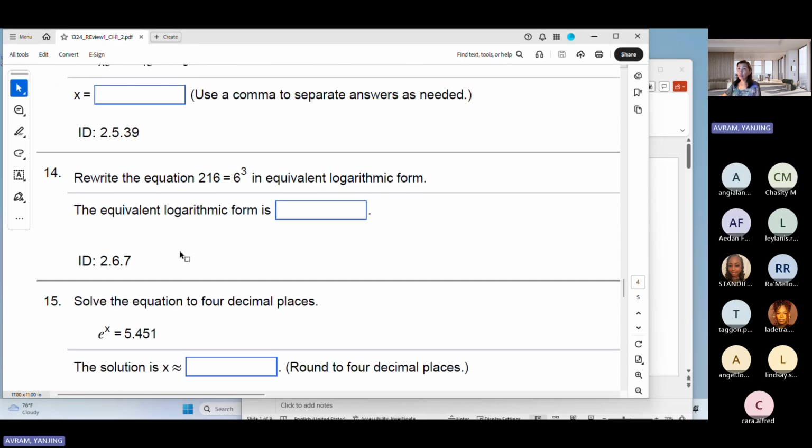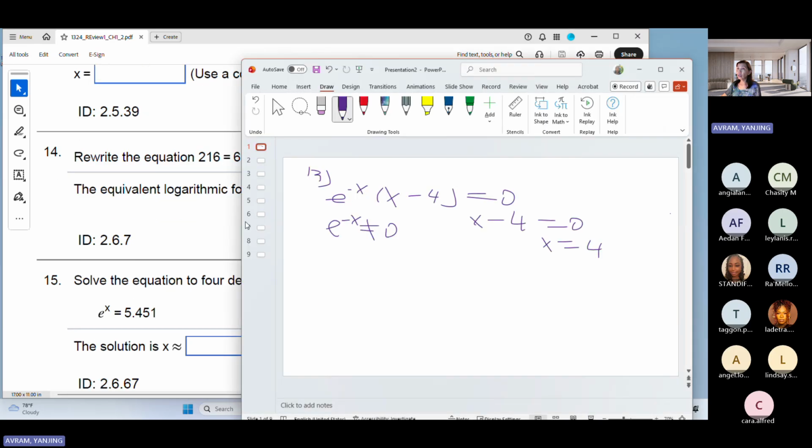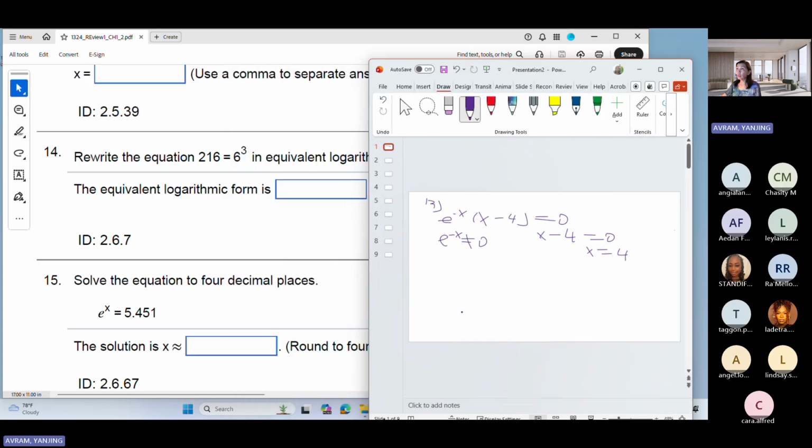This number 14 here, we do learn a little bit of logarithm equation. So what is a logarithm? A logarithm is when you want to write an exponential equation in logarithm form. So you have a to the x. If I have a to the x equal to y,